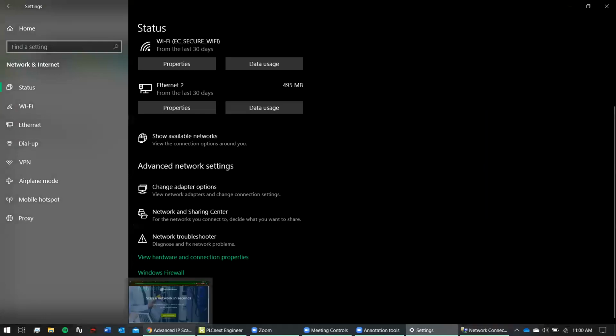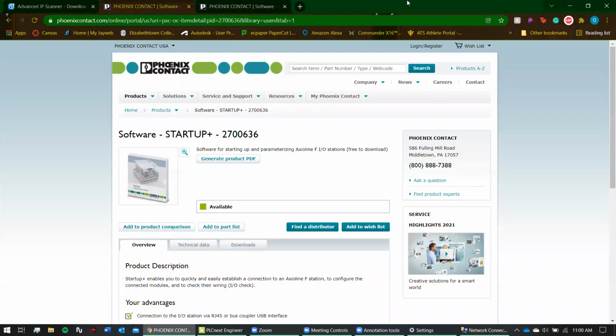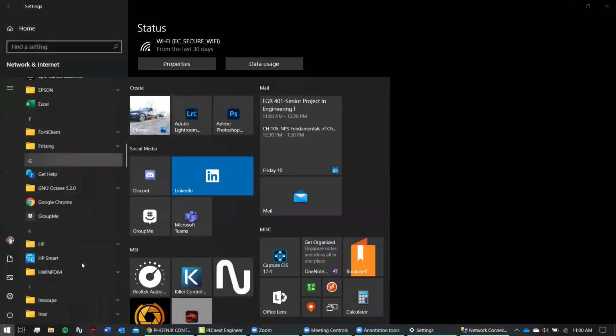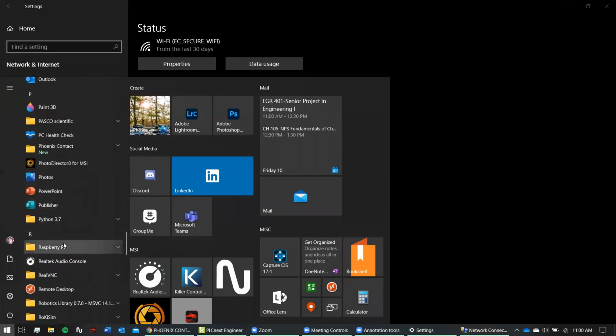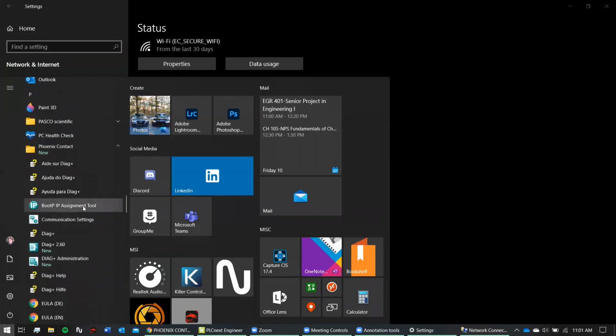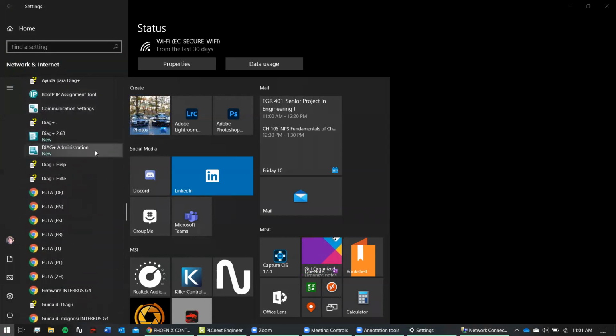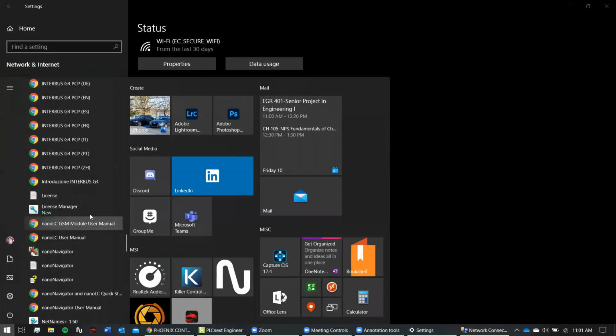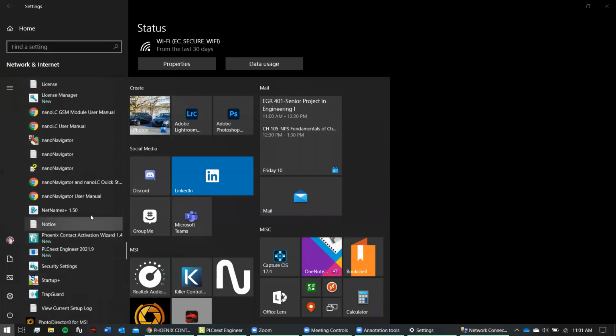And with that, I would use the startup software. So if I go to my folder on here for the Phoenix Contact, which is down in the P's, obviously. If we go down here, there's a BootP IP assignment tool, which is somewhat helpful when you're connecting a new module. But also on here, there's this thing called Netnames Plus, very helpful software. And what this actually allows me to do is